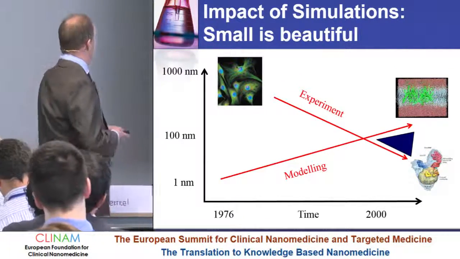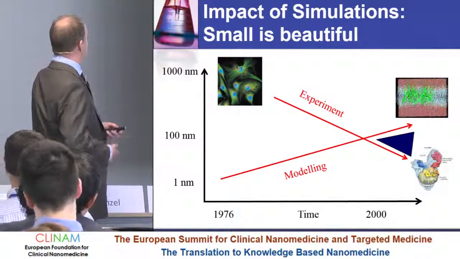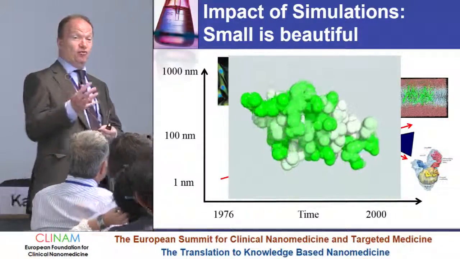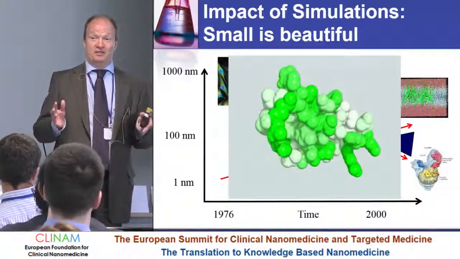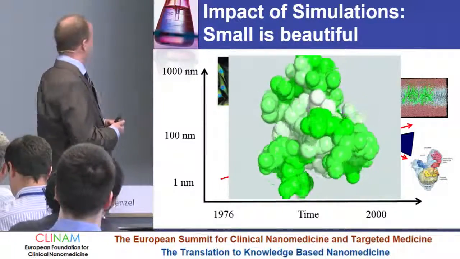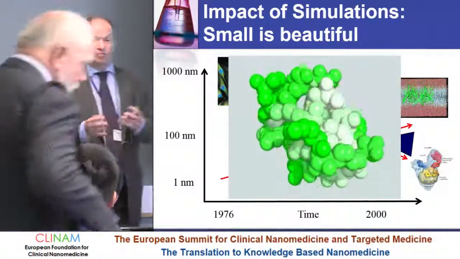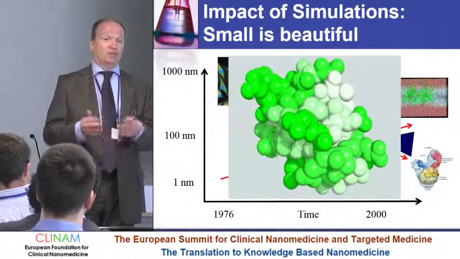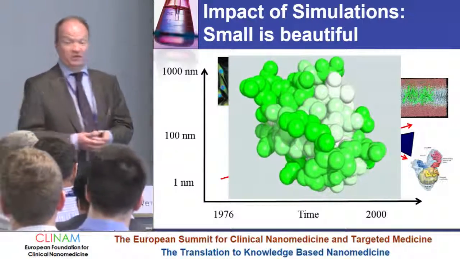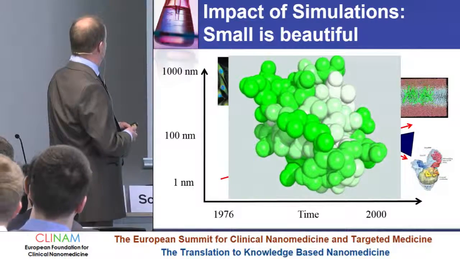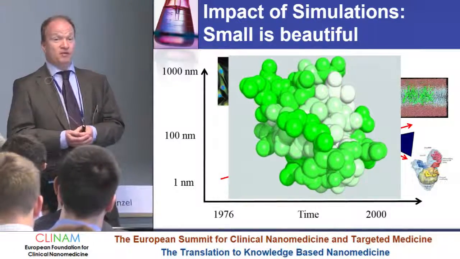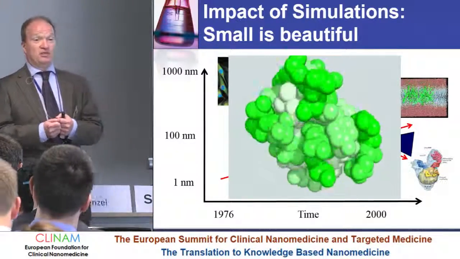And the types of simulation that we've been working on in my group for the last 15 years or so are molecular simulations, which now permit you to essentially take a biomacromolecule. We are still quite limited in the size of what we can do, to the order of 100 amino acids or sometimes a little bit more, and completely characterize what it's doing, if it's left by itself, or also to a certain degree if you modify its environment, or have it interact with other things. And on this basis, you now have an atomic scale movie of what's happening in your system. And that helps you to characterize particular key interactions,